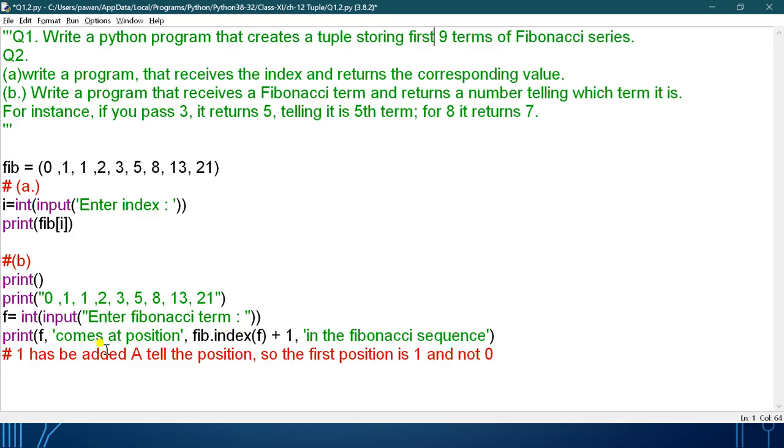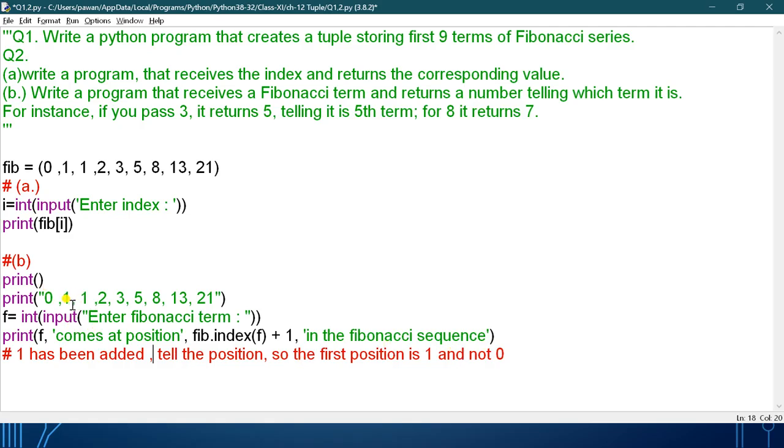Now this f comes at position fib.index(f) plus 1. Here I have written this 1 because this one has been added and it will tell the position, so that the first position is 1, not 0.